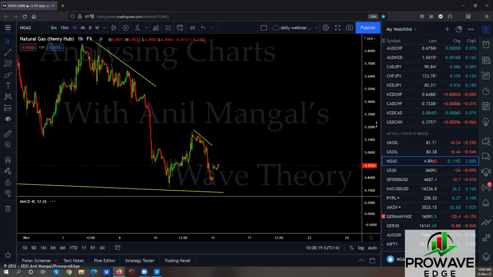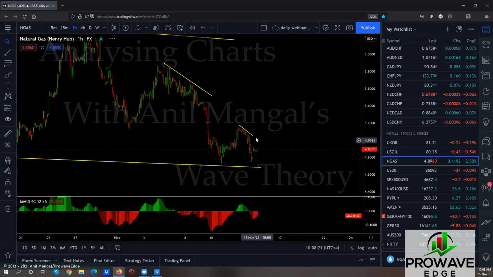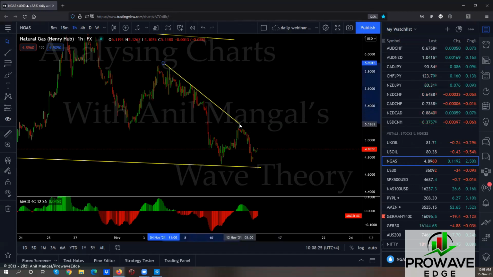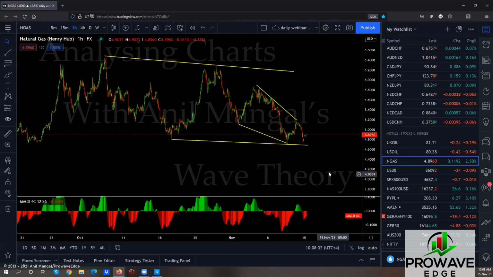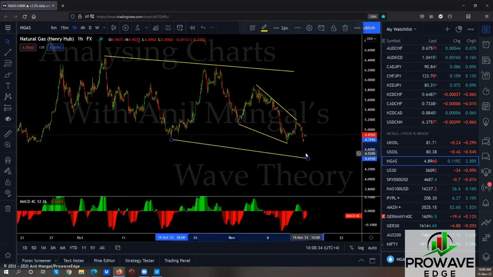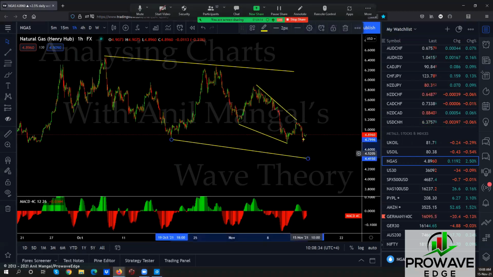Natural gas, it didn't go, they make a new low. So we're actually going to be looking at this as a possible running flat, very small running flat. You broke the low of that already. Once you break the low, it can go right back up. Once this breaks the low, if this is a running flat, we are coming back to the top here.